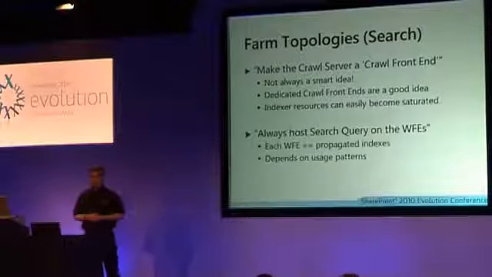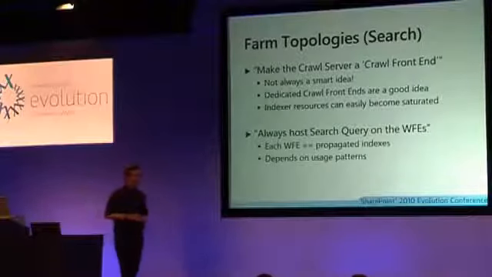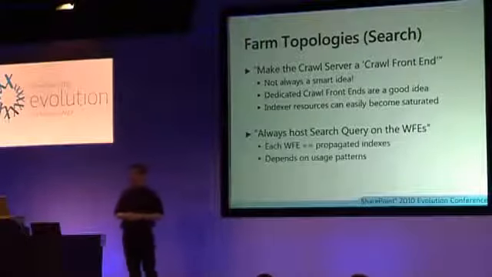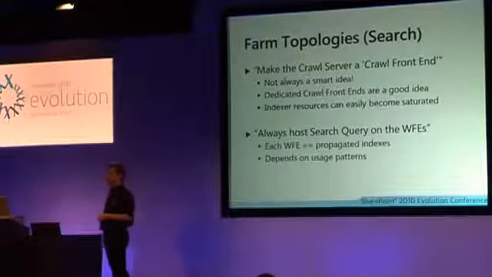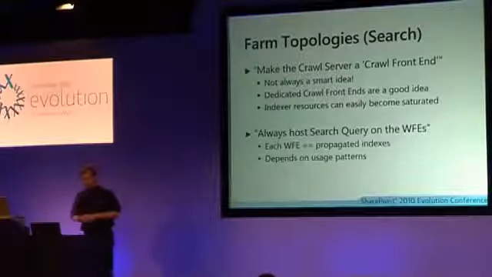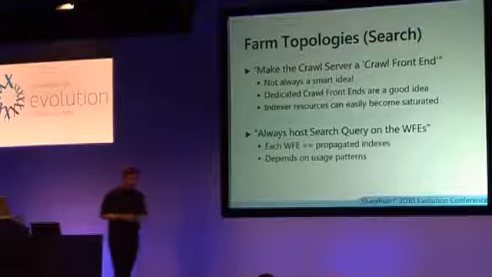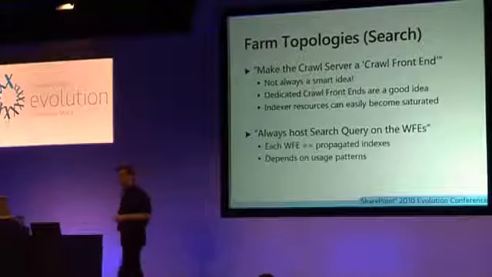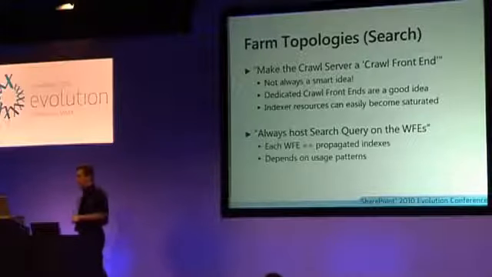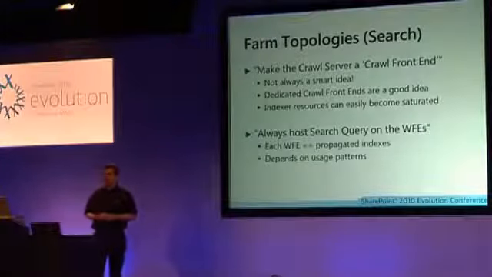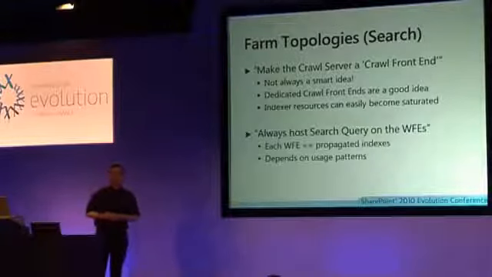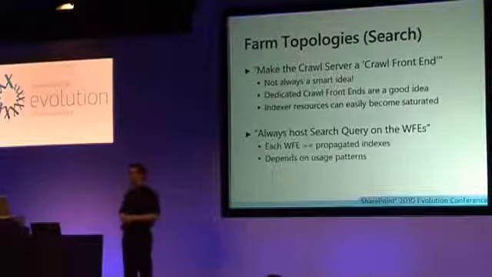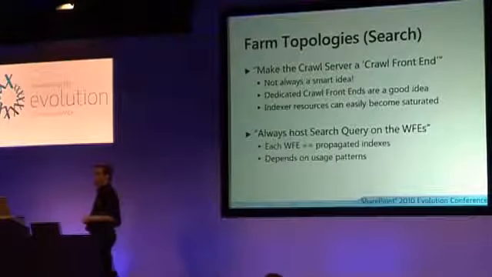But carefully consider hosting of the web applications on the indexer, because the indexer needs the resources to do the crawl. So you don't want to be soaking them up. And the hop over the network is greatly overplayed. If you have gigabit Ethernet in your server farm and you have a correctly configured farm in terms of security and network communications, that hop over the network is not going to have a significant negative impact on crawl times. It's a myth.